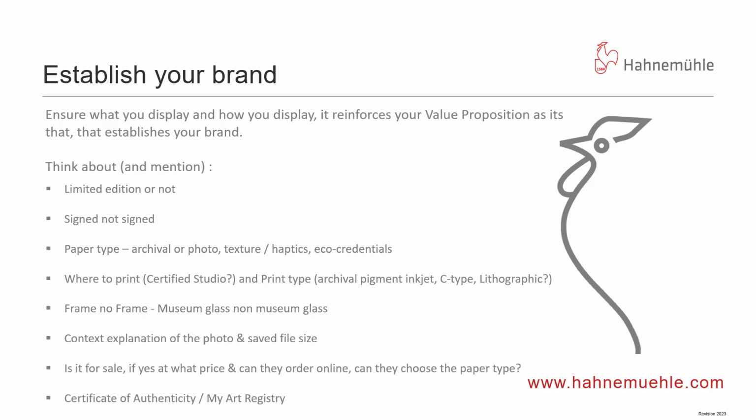Certificates of authenticity. A lot of high-end photographers will issue certificates of authenticity. There's a whole variety of different companies that provide them. We provide them, others provide them too. But this is a way of establishing the provenance of the work. So with our certificates of authenticity, you have a certificate that is watermarked. You have